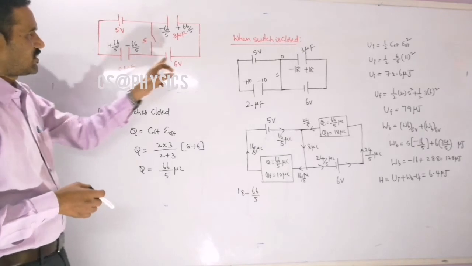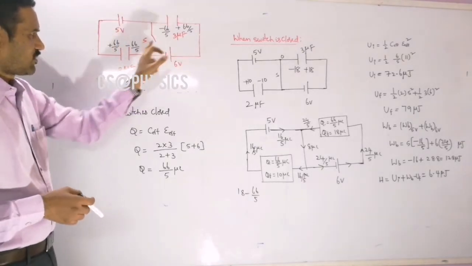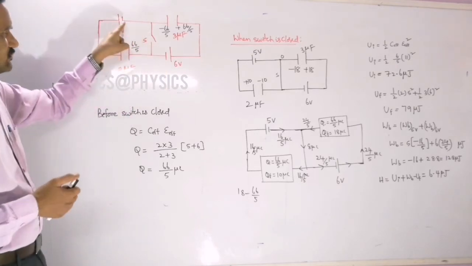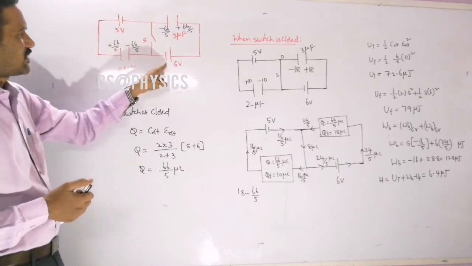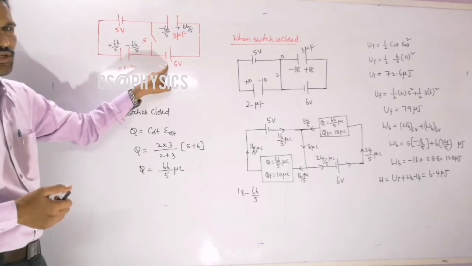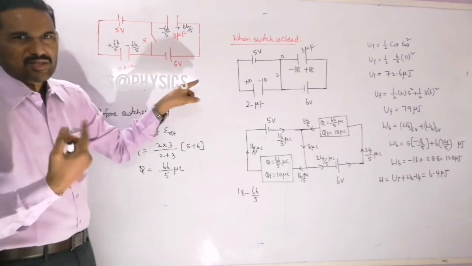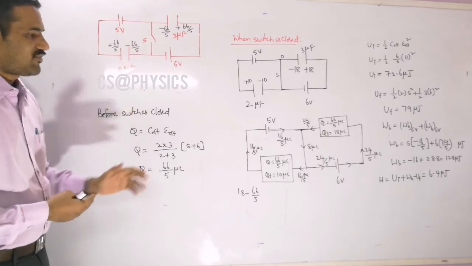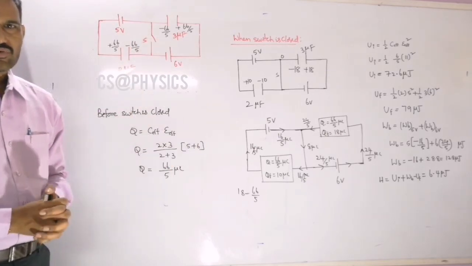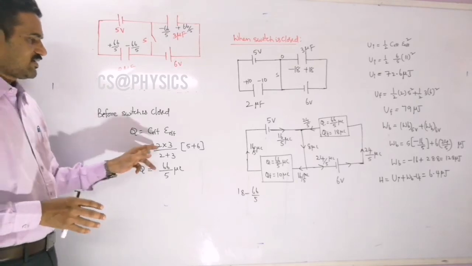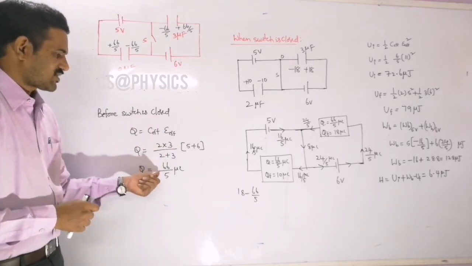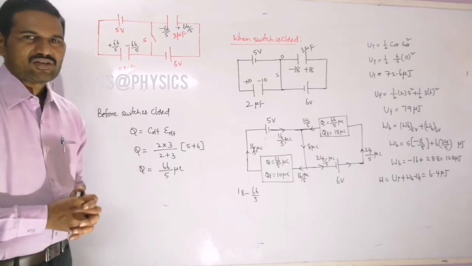Now we can observe that this arrangement is a series. These two capacitors are in series, and these two cells are also in series. The negative of this one is connected to the positive of the other. So you may apply Kirchhoff's law if you have any doubt in that. Then you can take the total EMF as 5 plus 6, that is 12 volts. Then C effective into E effective, I am writing here, so that you will get this charge as 66 by 5 microcoulombs.